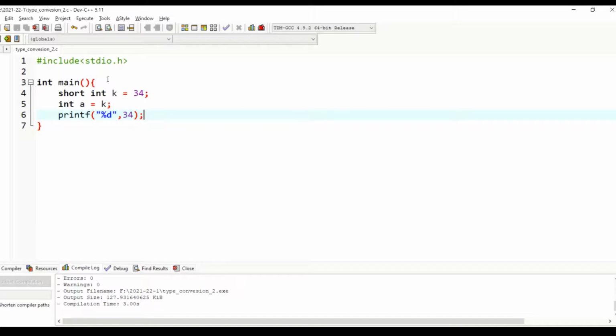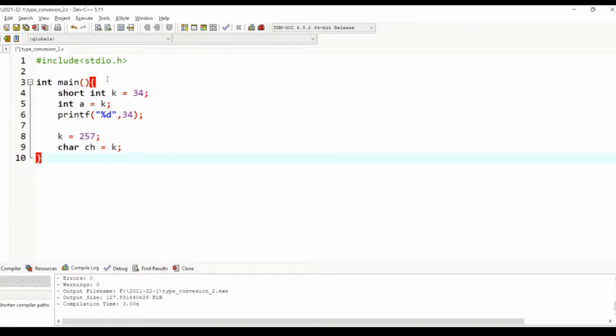Let's take another example. Now I am updating the value of k to 257, and declaring a variable char ch equal to k. So I am assigning k to the character ch. The present value of k is 257.